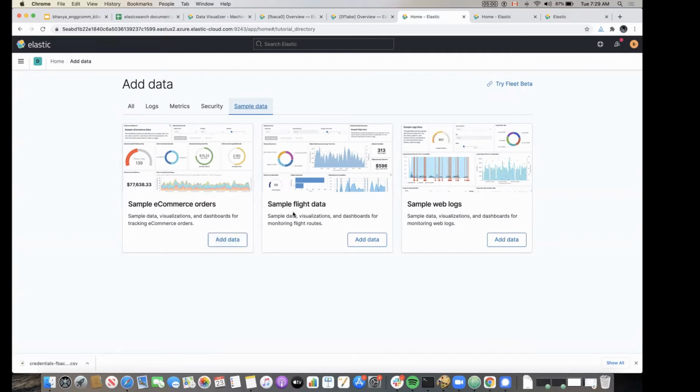It's called sample e-commerce orders, sample flight data, sample web logs. And what this does is it is going to ingest the data into Elasticsearch, and it is also going to create index patterns in Kibana, and it will also give us some ready-made visualizations, dashboards, and canvas and maps and graphs, which we can take a look at. So once I ingested the data,